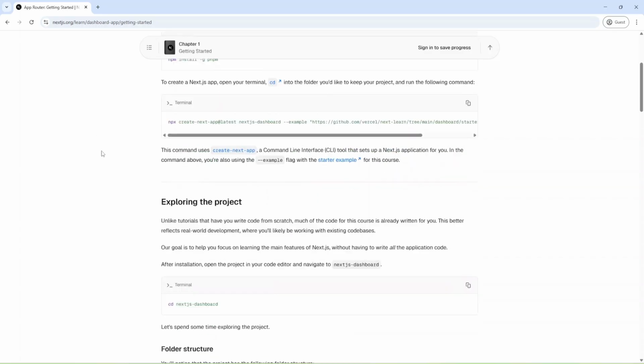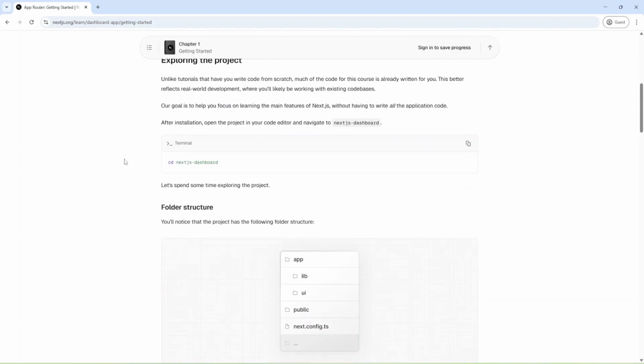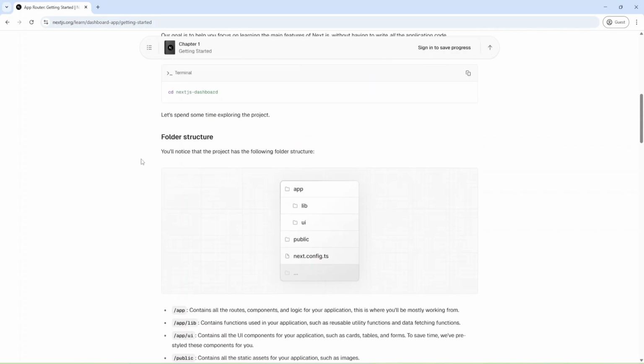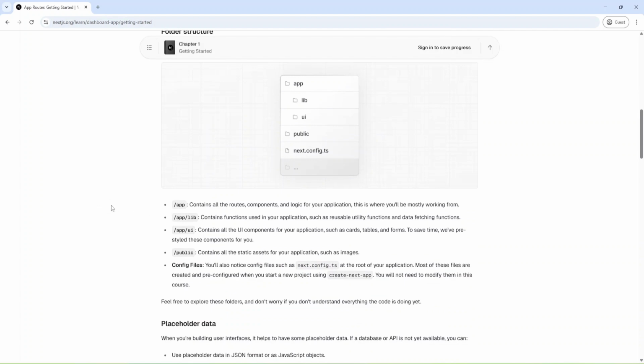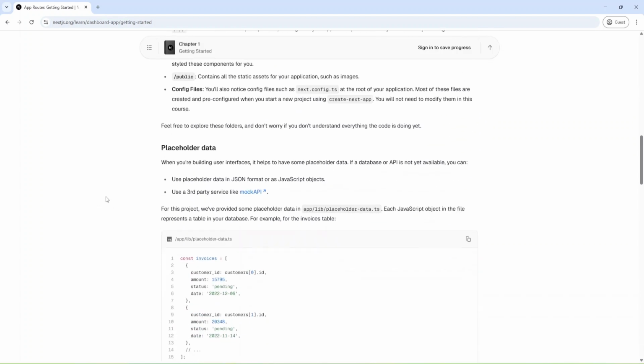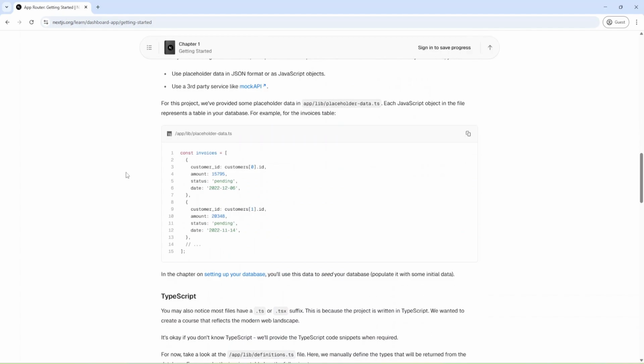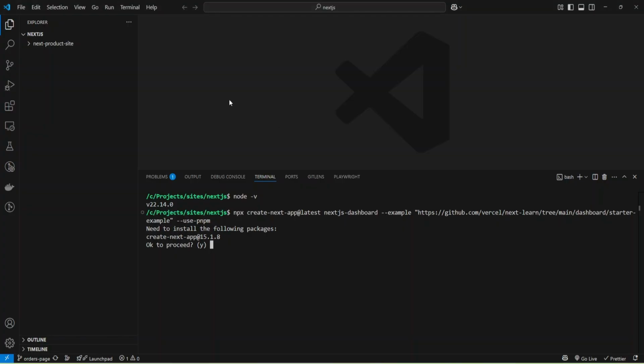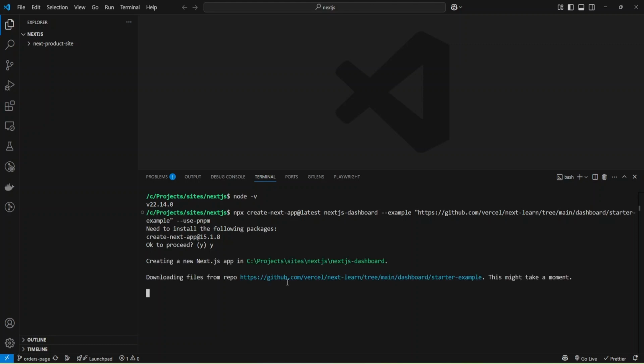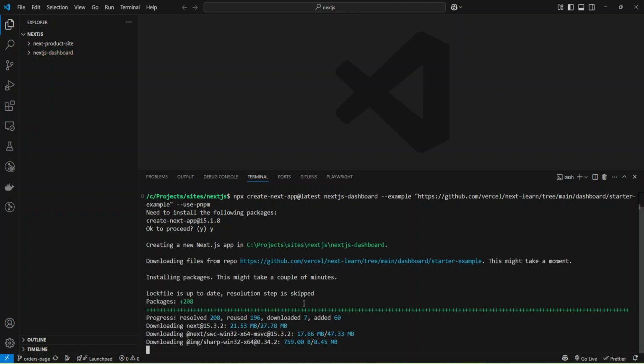And let's check what's next. And next we can explore the project and folder structure, and we'll check it later. And also we have some placeholders, and let's check what I have. And I'm going to proceed with this installation, and let's wait.